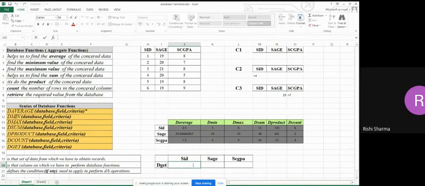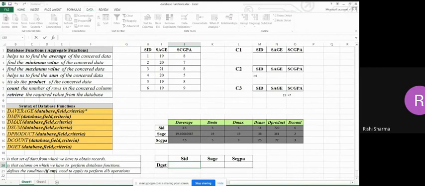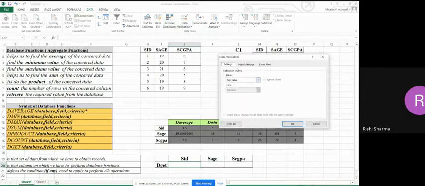So I have two ways to put the SID values. First, I can put it manually. I will put SID 1, then remove that, put SID 2, then remove it, then put SID 3. Or I can use data validation. I will go to Data and then Data Validation, go to Settings, go to Allow and click on List.